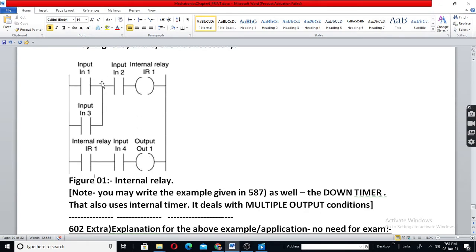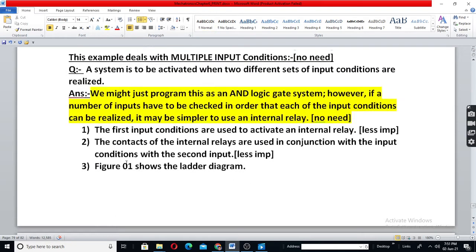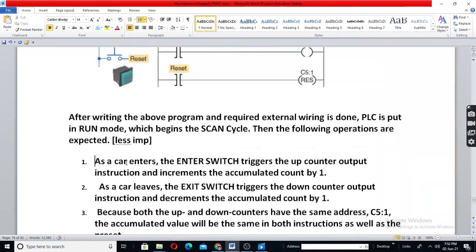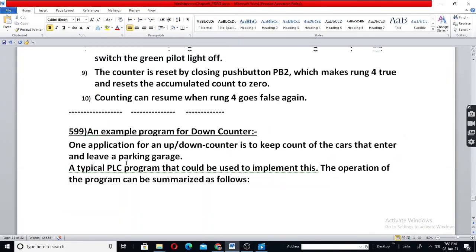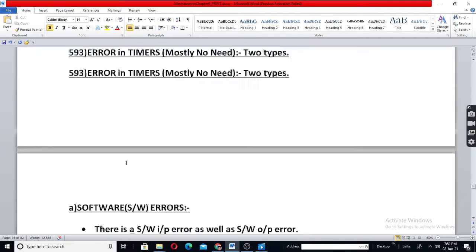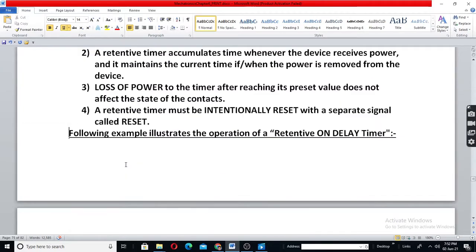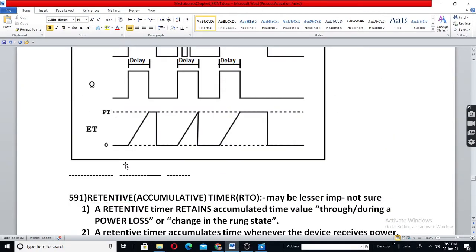So suppose these two appear at many places, instead of writing these two again and again, you can just use this for other purpose. That is what we had done here.